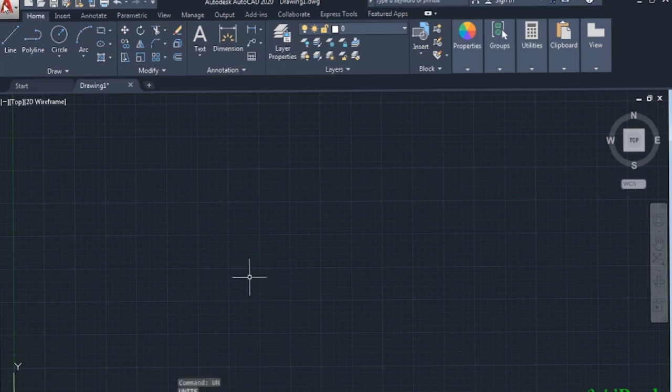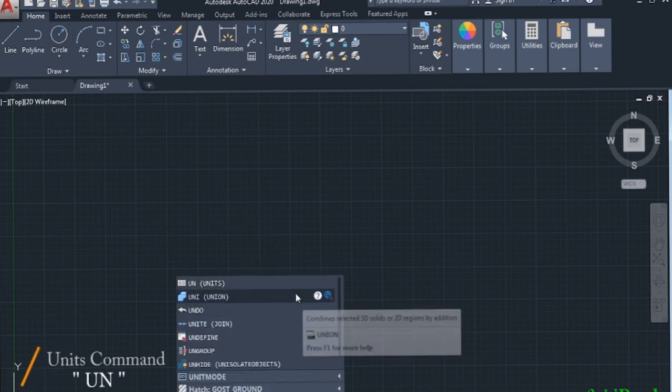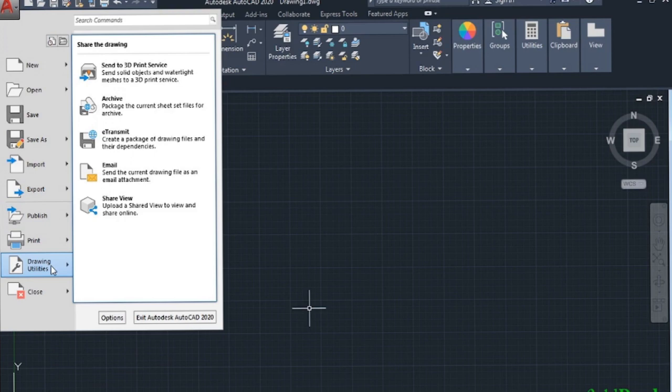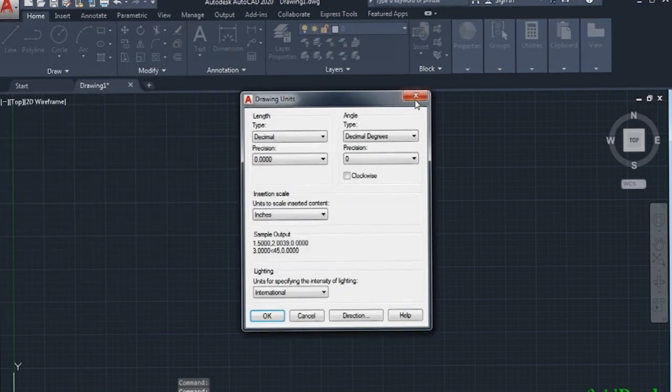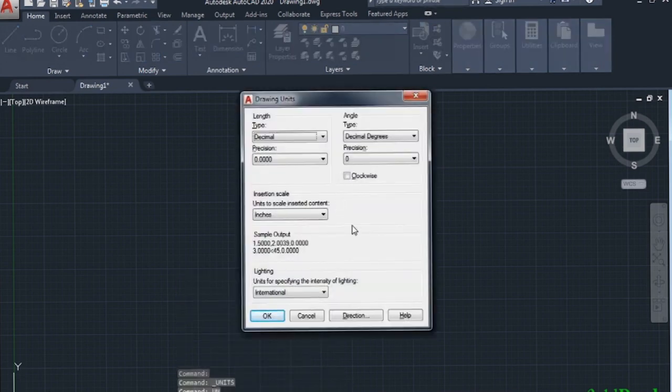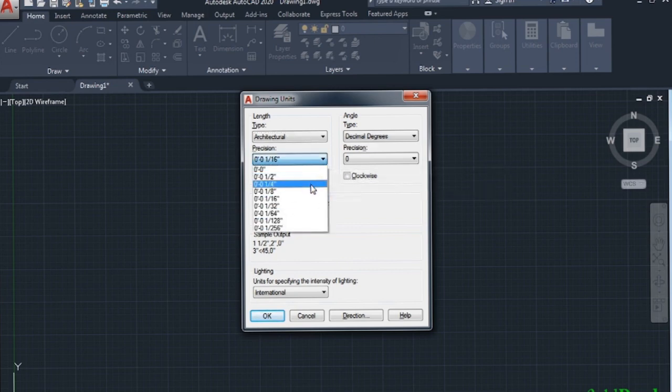To open the unit window, you can either type a shortcut command UN and press enter, or you can click on the application button, and from the drawing utilities list you can select the units utility. A shortcut is always more convenient, so from now onwards we are going to use the UN command to open the unit window. Here you can see for length unit there are several units to choose from. For high-rise multi-storey buildings we will use the decimal system. The architectural unit system is based on feet scale, so we are going to choose architectural units for our residential plan. As discussed before, the smallest unit that we can measure is 1/8 of an inch, so we will choose